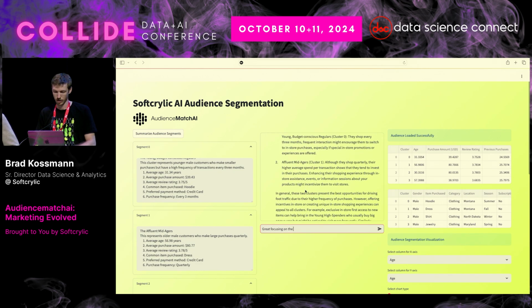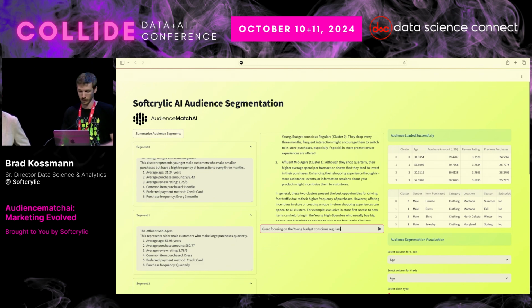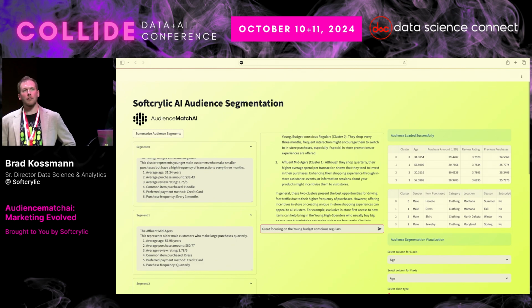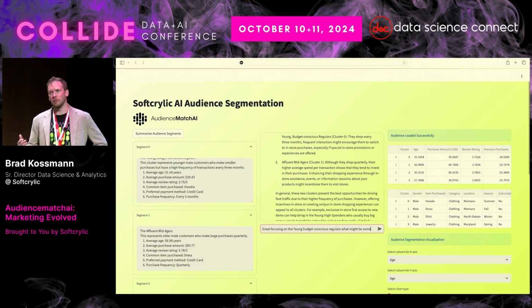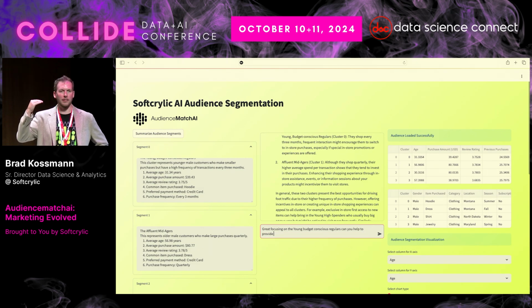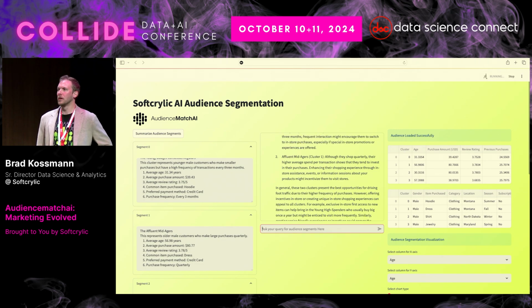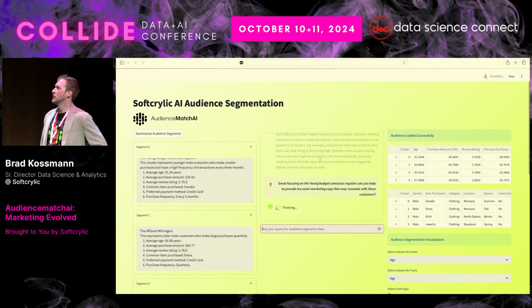Let's focus on the young budget conscious regulars. And these are fairly realistic outputs. We've in our experimentation with this occasionally come across outputs, never anything that was really wild, but things that are maybe not super interesting or seem fairly trivial, but it still allows you to drill down. And again, just getting over that first hurdle of getting some ideas on the page that you can then iterate on and optimize and move in a more creative direction can be super helpful and super beneficial in our experience for marketing teams and organizations.